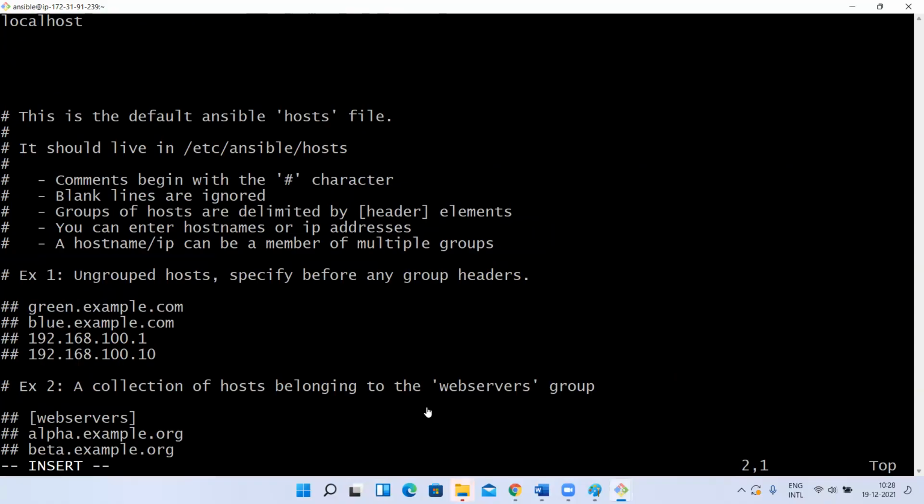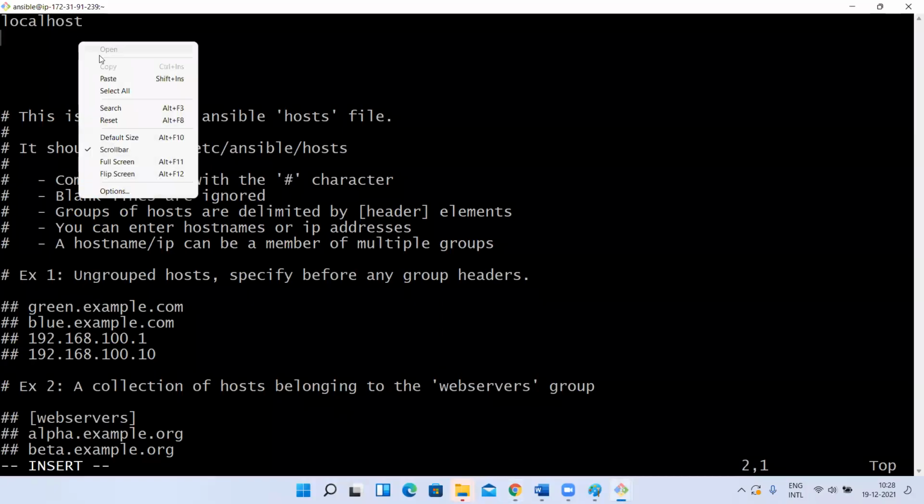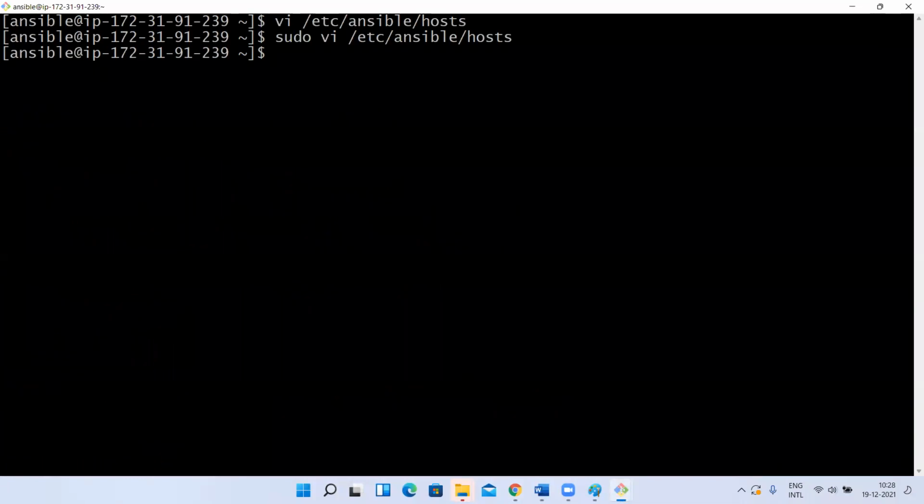You can use public IP, but when you stop and start your instance, the public IP will change. That's why I did the SSH key and everything with the private keys only. So even tomorrow, if you start again, it will not be an issue. If you are in the same VPC, same network, then you can use private IP address. If it is different, then you have to use public IP address.